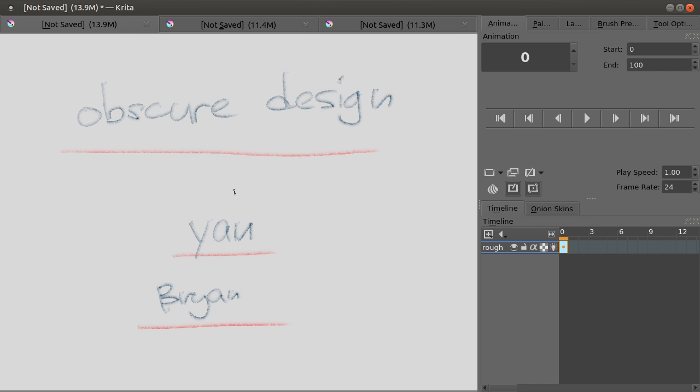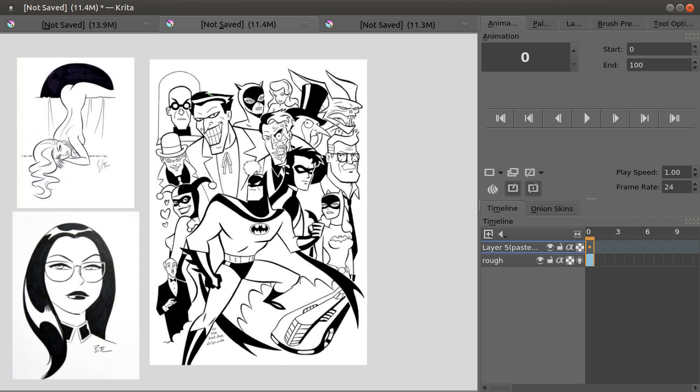The main influence that I have for my drawing and animation is this guy, Bruce Timm. I really like his character design. I do have some influence in anime, but I usually go back to this one because I really love the simple design and the efficiency when you're working on this kind of design. So expect these kind of drawings on my channel